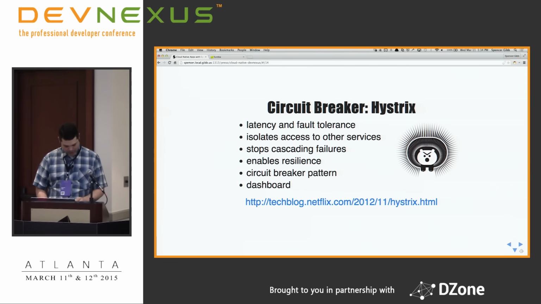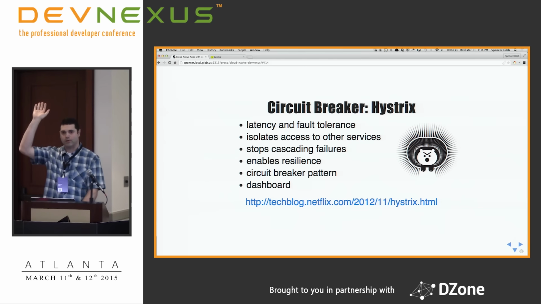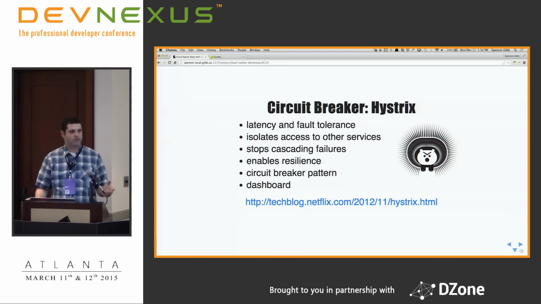Another thing I want to show, if we come back to the presentation, is Hystrix. How many people have heard of Hystrix before? So this is one of the most accessible pieces of Netflix OSS. Doesn't matter if you're running a JVM-based application, you can use Hystrix now, right? So a lot of times it's a way to get the foot in the door for your project, even if you're not using Spring Cloud.